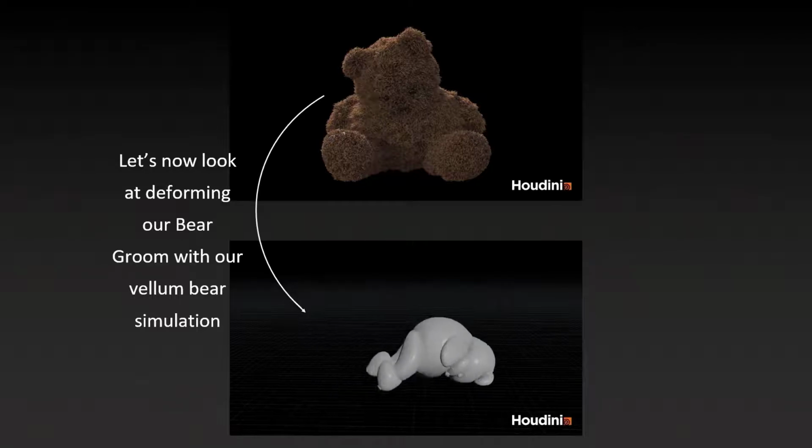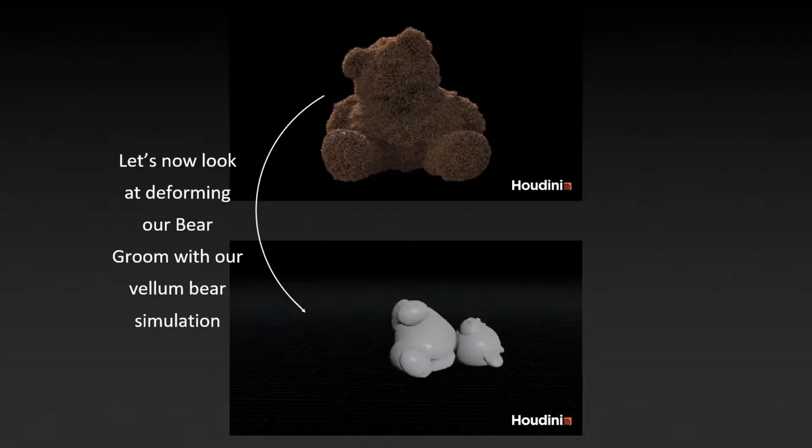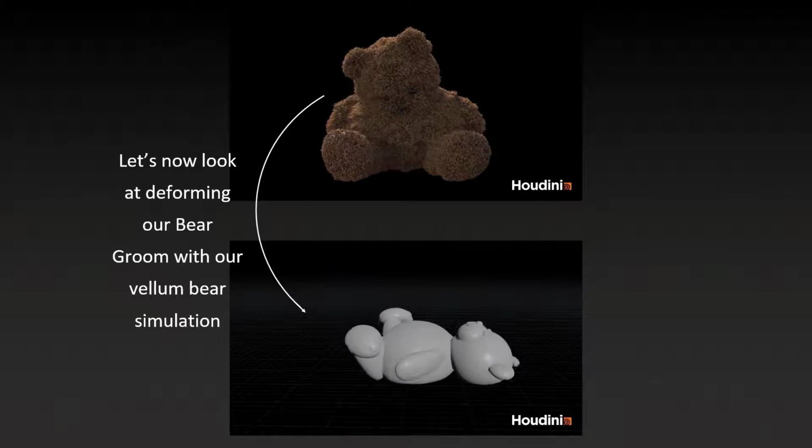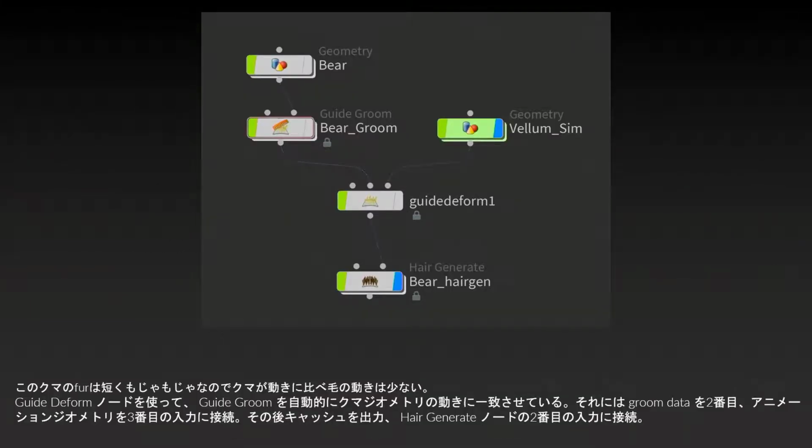So, as before with our soft body simulation, we created this bear. So, let's have a look at deforming our hair with our soft body simulation. 次に、こうやって作ったヘアをソフトボディと組み合わせてどのようにシミュレーションしていくかを見ていきたいと思います。So, as the fur on the bear is quite short and matted, the hairs themselves will have very little movement with the motion of the animated bear. このクマの毛は非常に短くてもじゃもじゃとしているので、クマの動きがどうであれ、毛の動きはあまり大きくないわけですね。